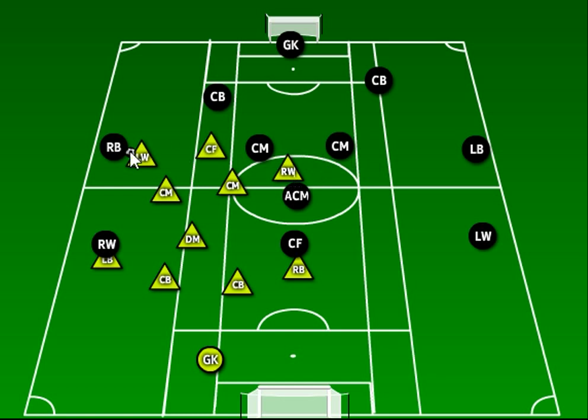So again, if any team's able to play this 60-yard ball, we should have time to travel over there. But if we're getting the correct pressure, there's no way, based on our cover shadows and our pressing, they should be able to play this ball across. So that's our basic defensive